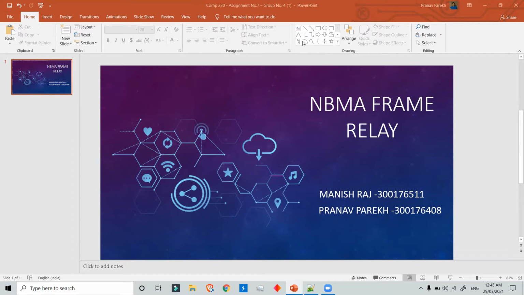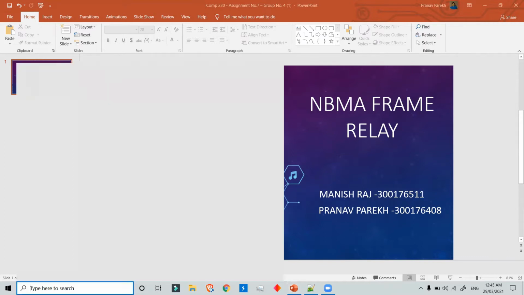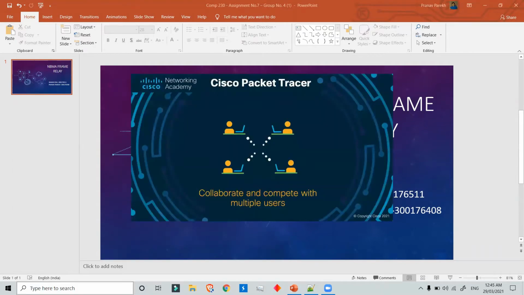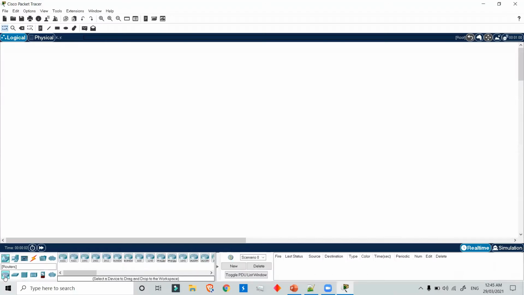Okay, thank you, Manish. First of all, we'll open Cisco Packet Tracer. Currently I'm using the latest version, which is 8. For the simulation, first we will use the cloud, which is PT Cloud, and place it in the center, and we'll rename it Airtel Cloud. Now we will implement 3 routers of 2911, first, second, and third, and we will rename them